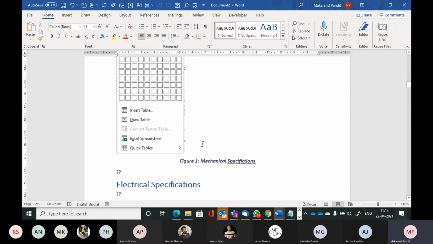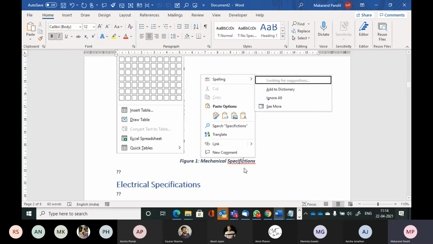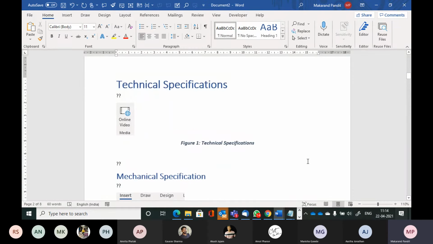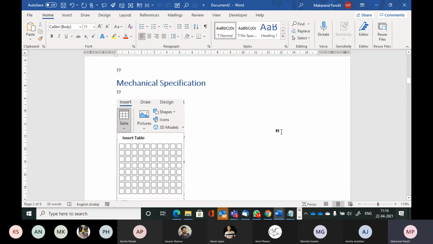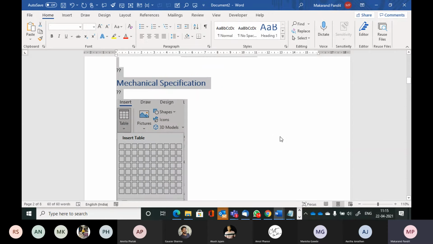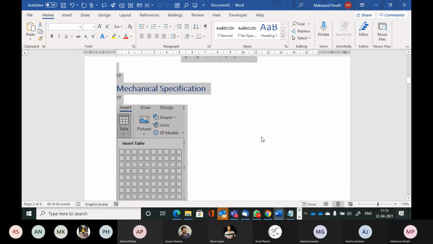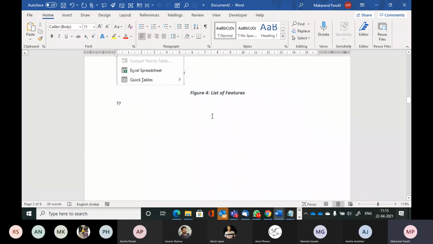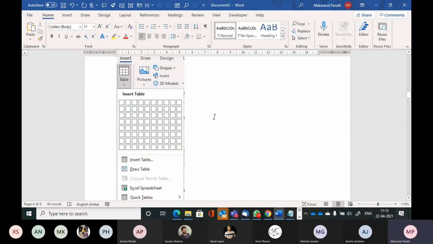So what will I do? In one of the attempts, correct? I'm just going to make changes to this, right? Now I want all my figure captions to be updated. You are already aware of this technique, but I'll repeat it once again. You say Control A and you say F9, correct? So let's see if your figure numbers have got updated 2, 3, 4, and so on. Yes. So automatically taken care of, right?